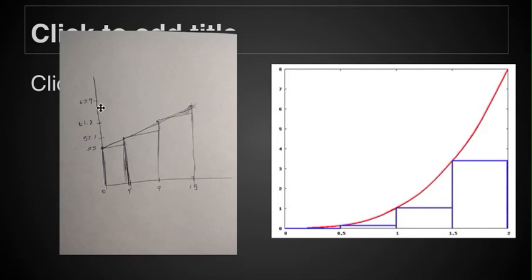And so you would get the points here, and you can see that the curve is increasing, and you would draw your rectangles, your left Riemann sum,